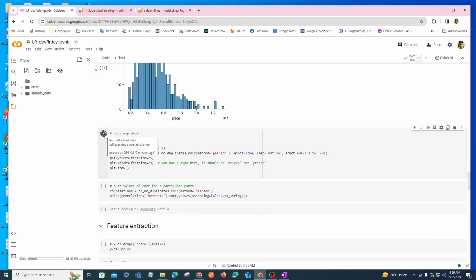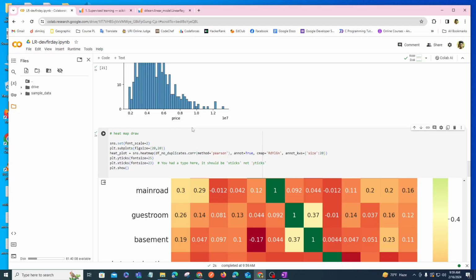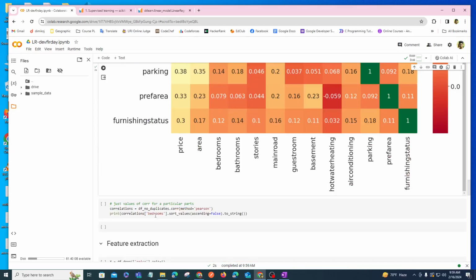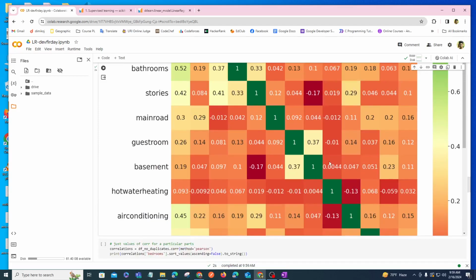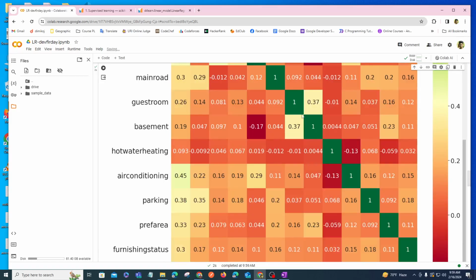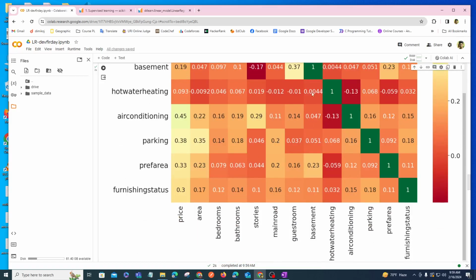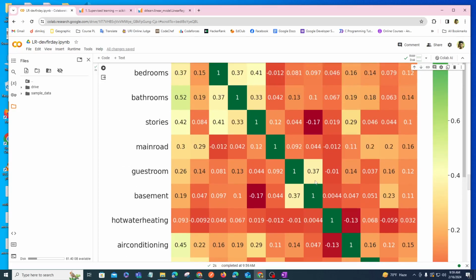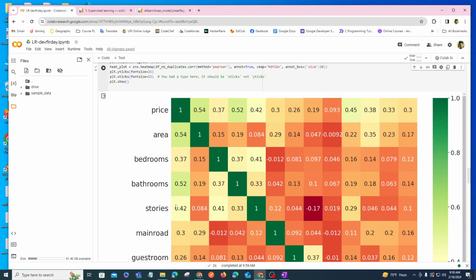And I have to draw a heat map. What is a heat map? Nothing else, like the price. We can see here is the price, and here is the price, and diagonally all values are 1. The basement is 1. So basement to basement is 1, and the correlation with each other, like price to price, is 1. We can see how much, if we change anything for